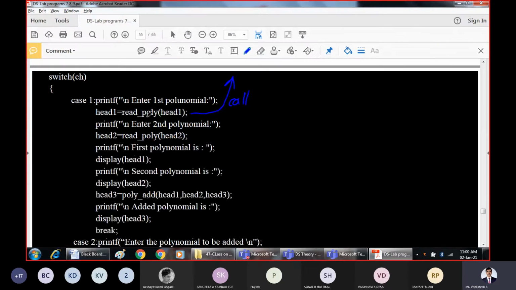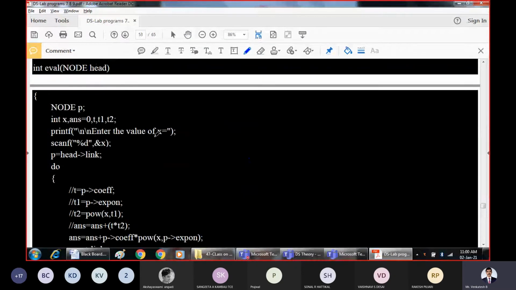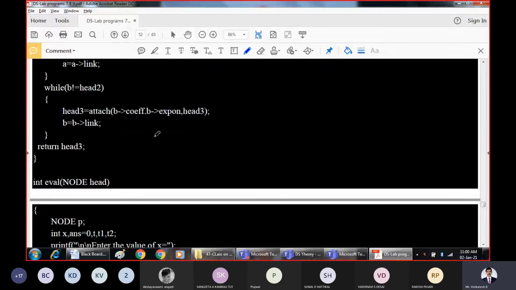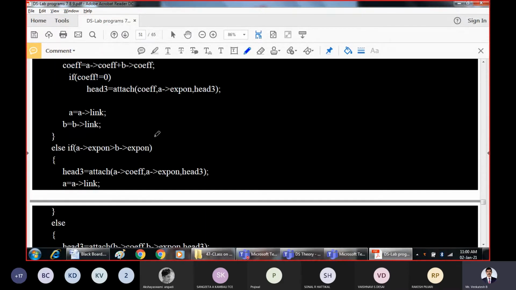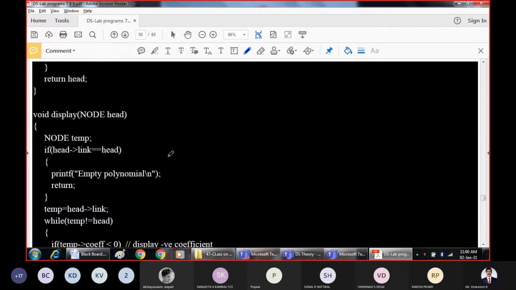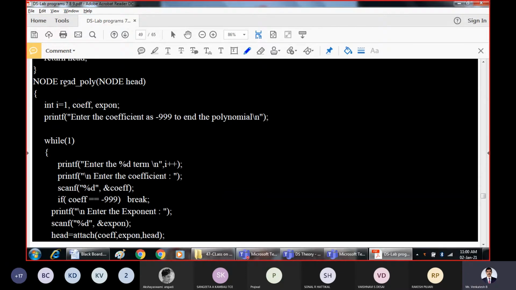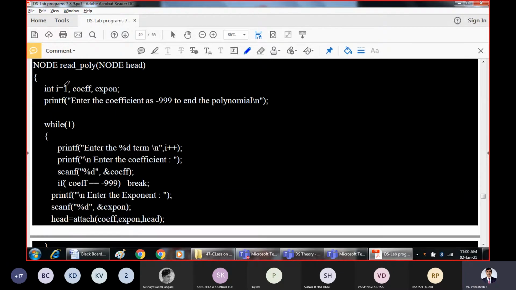Now we will call the read poly function. The control will get transferred to read poly. Please concentrate. Now from the main function we are going to another function called read poly. Yes, this is where the read poly function is. What does the read poly function say?